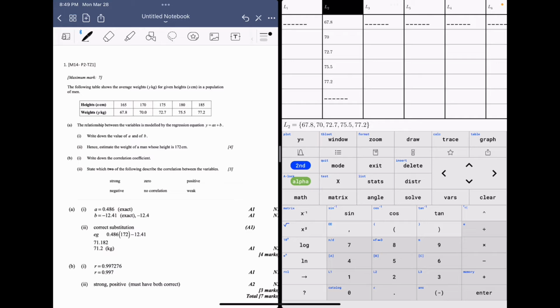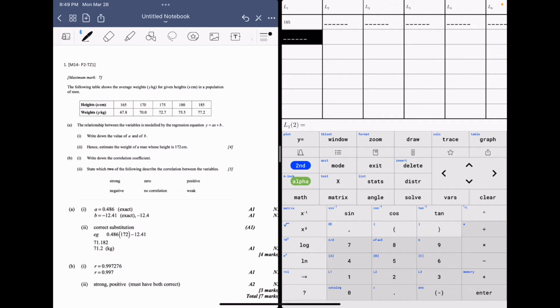Highlight L2 again, clear again. Do not delete that. Delete means L1, L2, L3 will be deleted permanently. So here L2 and press enter, you can see now. Now one by one enter the values of L1, which is your height. The first one, L1, is your independent variable, so that is x. Height we are entering, the first row data, 165,